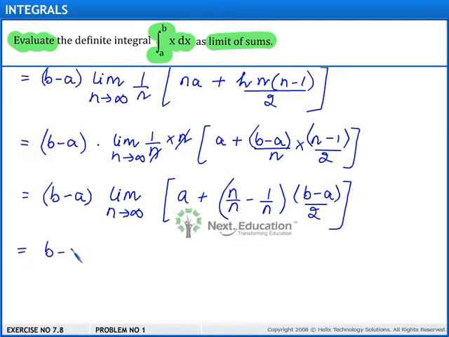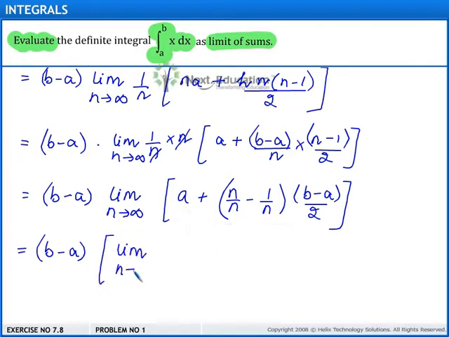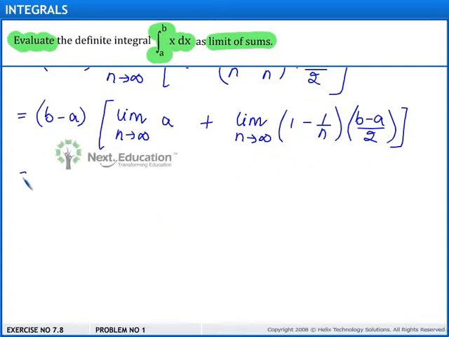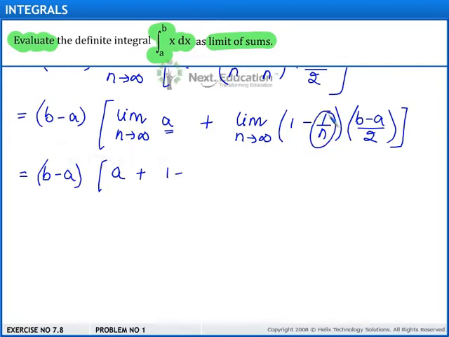So this is equal to (b minus a). Taking the limit inside, we have the limit as n approaches infinity of the function a, plus the limit as n approaches infinity of the function (1 minus 1 upon n) into (b minus a) upon 2. So this is equal to (b minus a) into, now a is independent of n, so we have a plus, here we have 1 minus, as n tends to infinity this term becomes 0. So we have (1 minus 0) into (b minus a) upon 2,